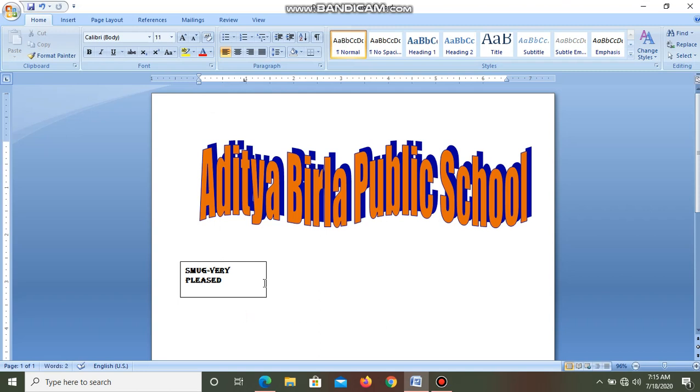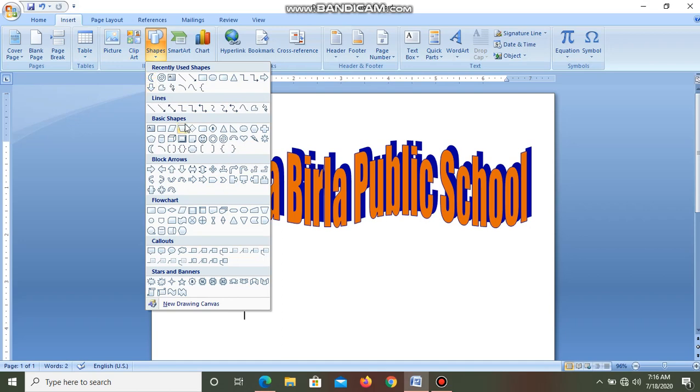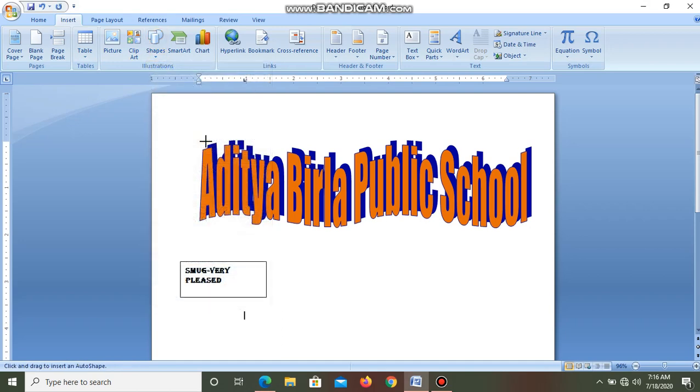Now the next option which we are going to discuss is inserting shapes. Go to insert option, click on the shapes button, and you can insert a shape. When you click on the shape button and select a shape, your mouse pointer will change to a plus sign.